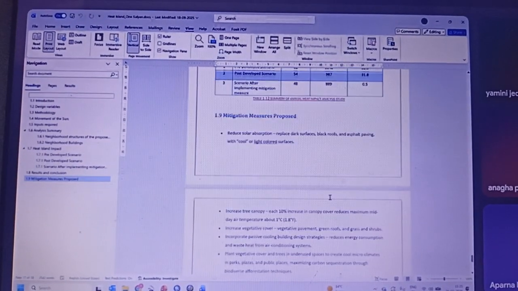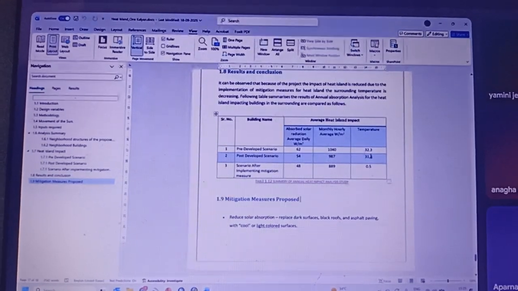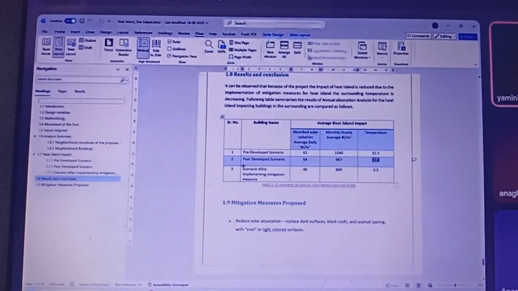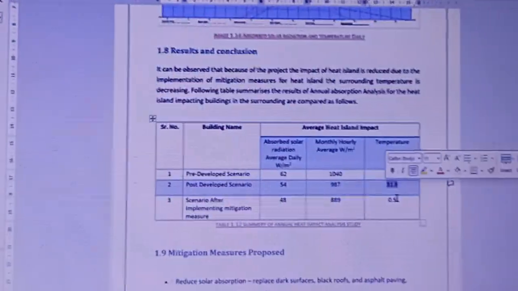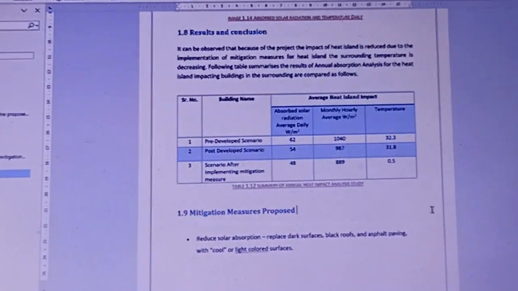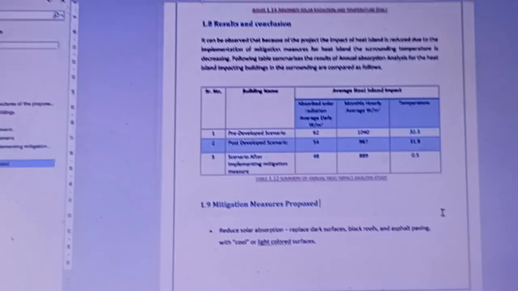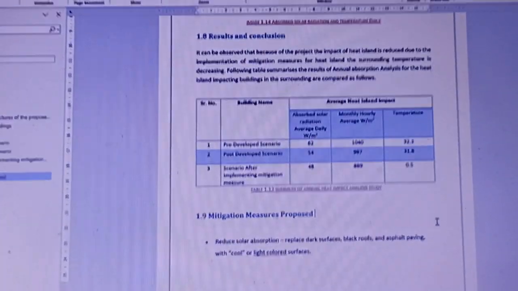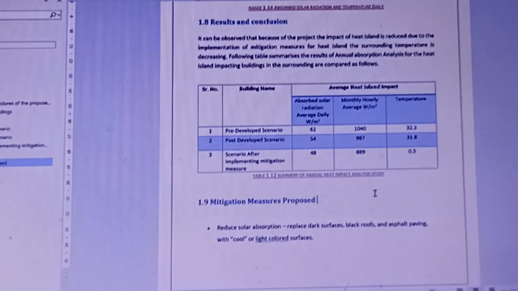What was the temperature without considering the mitigation measures? What temperature were you getting? That temperature we usually don't run. We run only for the post-developed scenario after implementation of mitigation measures. Okay, so we can't find out how much increase there is because of development, and then how much it comes down due to mitigation measures, even lower than the pre-development scenario. Actually, ma'am, they just want the pre-developed and A minus B. That's it, how much you are getting. Okay, only for approval purposes, it looks like.